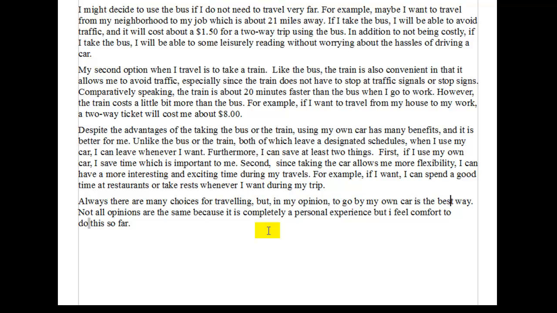Good, that works. So you're using, in this case, what's called a compound sentence. You're using but. You're joining two different independent clauses on both sides of that. And you have, it looks like, an infinitive you're using as your subject in the second part of the sentence. You say, always, there are many choices for traveling, but in my opinion, to go by my own car is the best way. Not all opinions are the same because